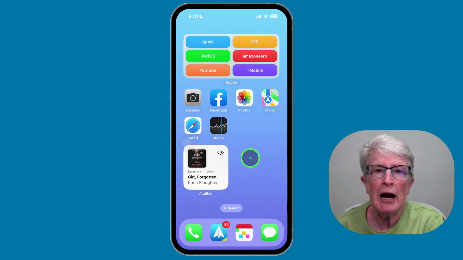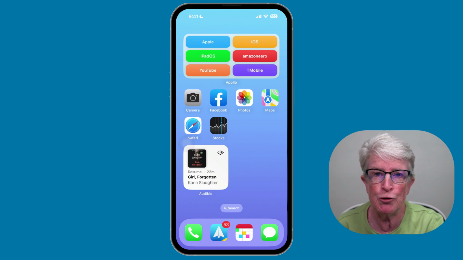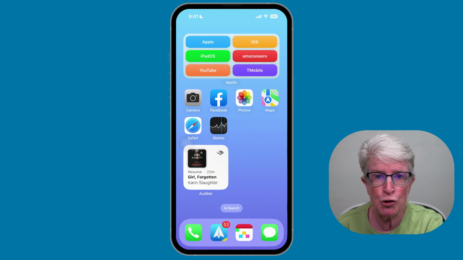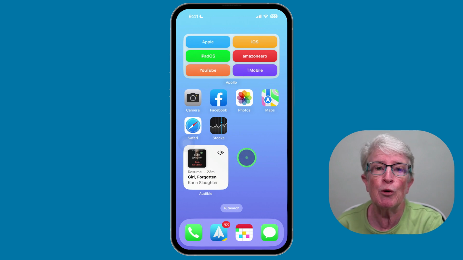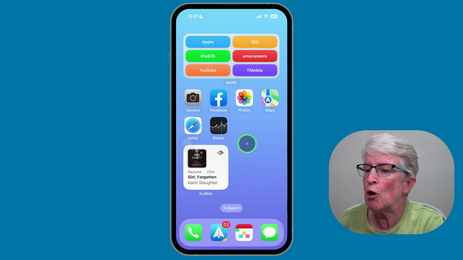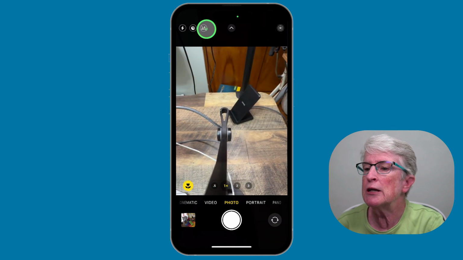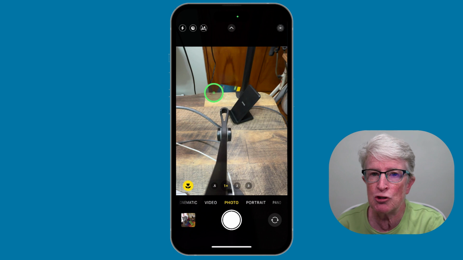So now that we have our iCloud shared library set up and ready to go, how do we add photos to it? 2 ways. You can use the camera, and although we said we wanted to add them manually, this allows you to do it manually, and we can set it up inside the photo library. So let's start with the camera on the iPhone. If I open the camera app, you'll see in the upper left corner here is an icon with 2 people and a line slashed through it. That indicates that we have an iCloud shared library set up.